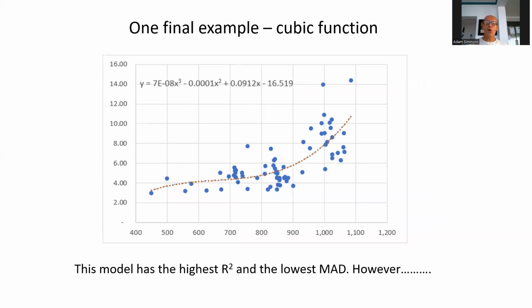I just want to show you one final example. You can see here that this is a cubic function. It's still linear because it's a function of x plus a function of x and so on. And this model actually looks really good. It has the highest coefficient of determination and it has the lowest deviation for its errors. That's great. However,